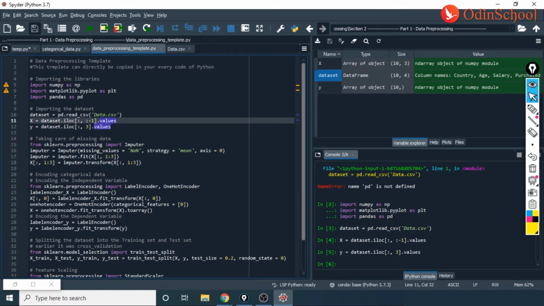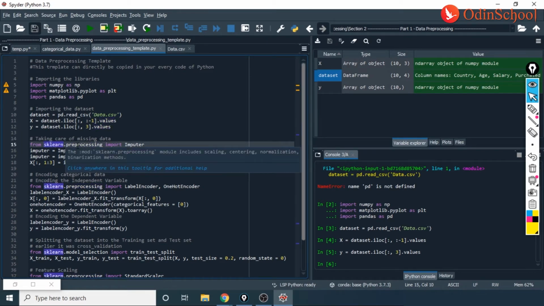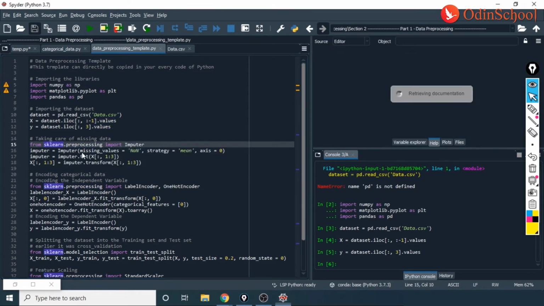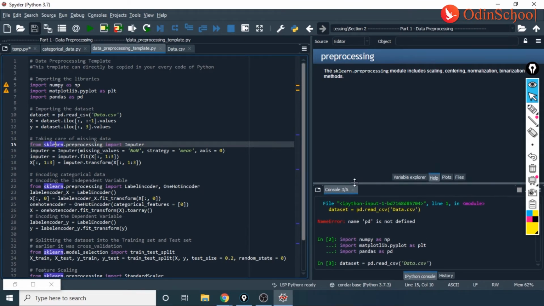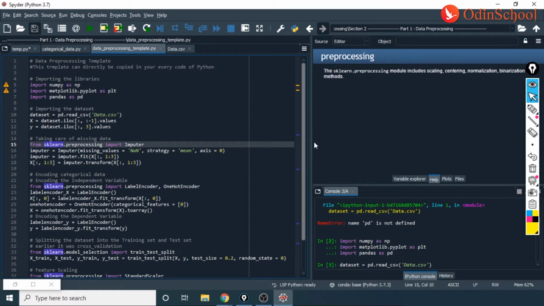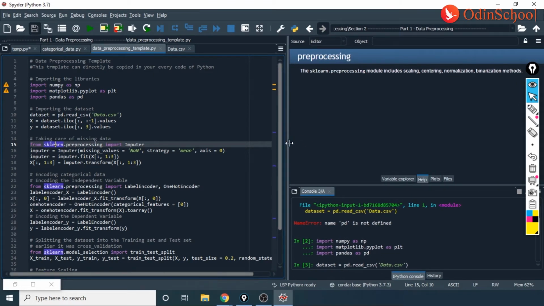And sklearn.preprocessing can take care of, as you can see here, right? So here we have a definition. The sklearn preprocessing module includes scaling, centering, normalization, and binarization methods.